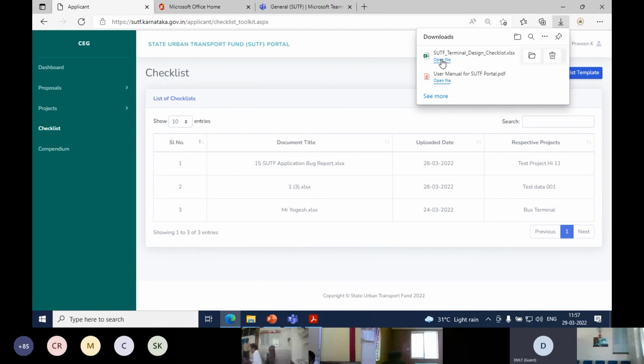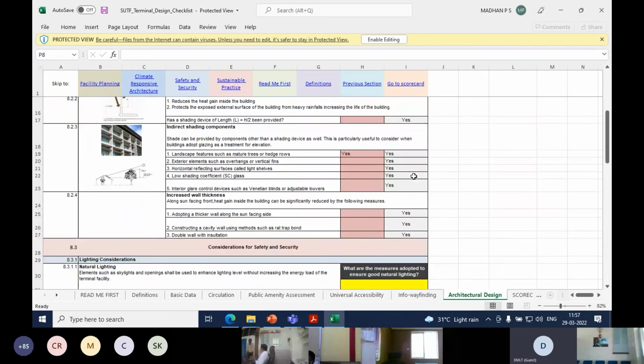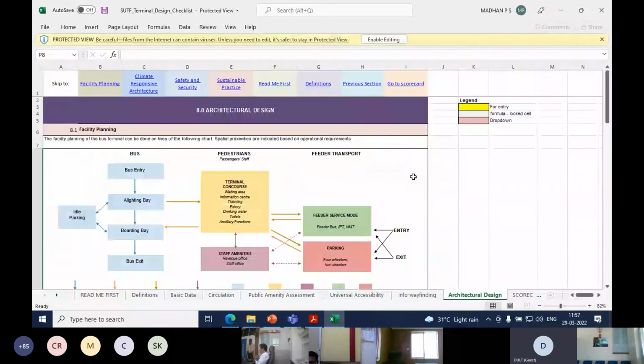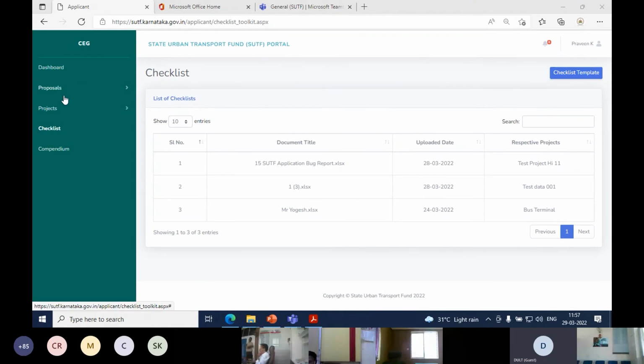You fill it up. This has been circulated to all the ULBs and the public transport agencies regarding the bus terminal checklist. So this can be filled in. In the end, there will be a scorecard that gets generated. You download that into a PDF format and keep it ready for uploading.